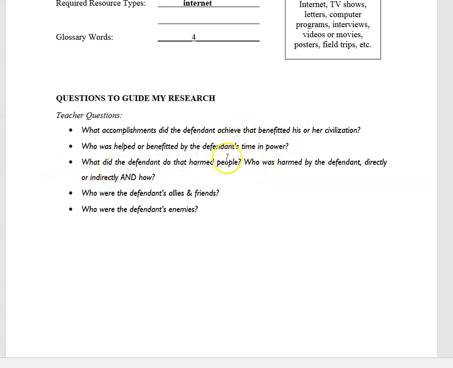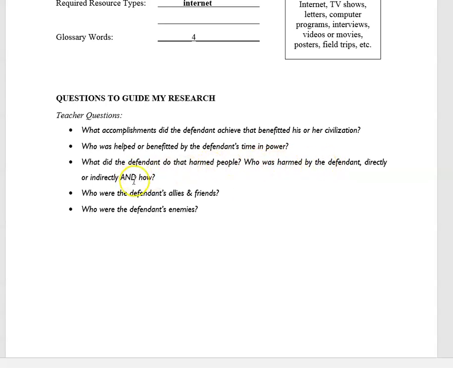What did they do that harmed people? Well, that'll be easy, right? Honestly, that's going to be the wars and the chaos and the slavery and all the things they did to hurt people because, well, historians love to write about that stuff. So you're going to find a lot about that. Right? And then you want to make sure you're including details about who was harmed, right? Cities. It doesn't have to be individual people. It can be cities or countries or regions, right, that were conquered. You want to make sure to have those specific details